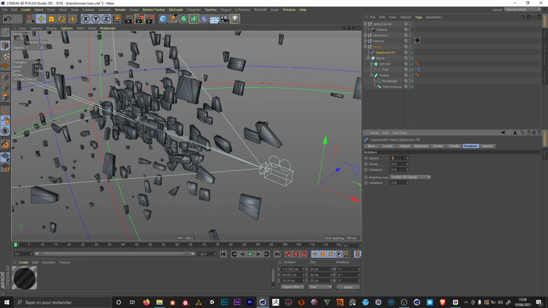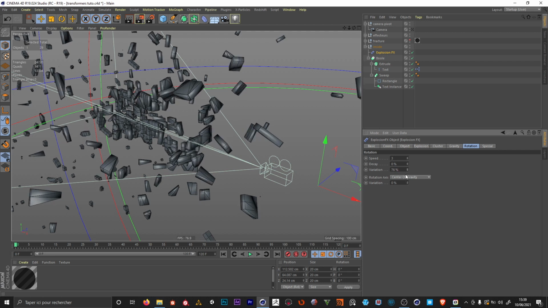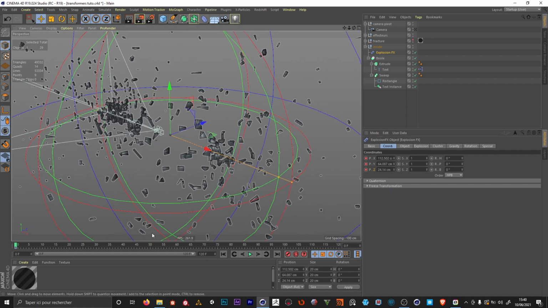I'm gonna increase slightly the rotation speed, adding some variation. It's always a good idea to add some variation, not too much. In the coordinates, I'm gonna set a keyframe on the P value. So if I play this back,